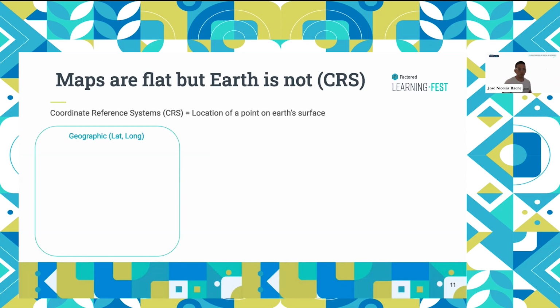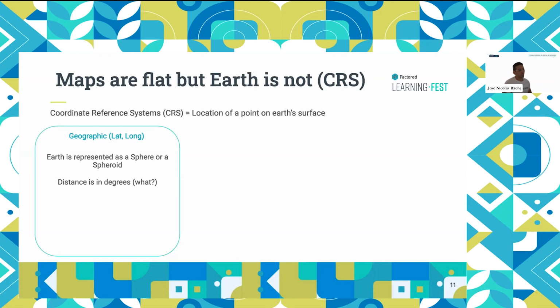One is the geographic one, which is the one that most GPSs work with, and that you will find if you look into your data, it comes with latitudes and longitudes. In this one, the Earth is represented as a sphere or as a spheroid. A spheroid is essentially a sphere that has a different diameter in vertical than in horizontal and in depth. So it's kind of oddly shaped. That's because our Earth is not actually a sphere. It's more like a potato, but we have to approximate it in some way. So you use a sphere or spheroids.